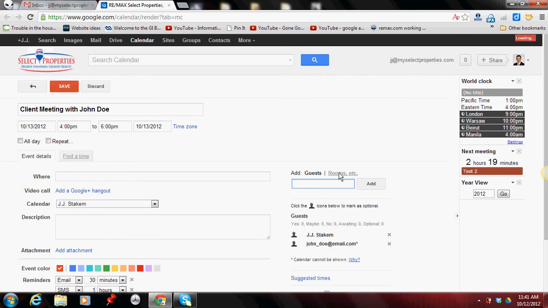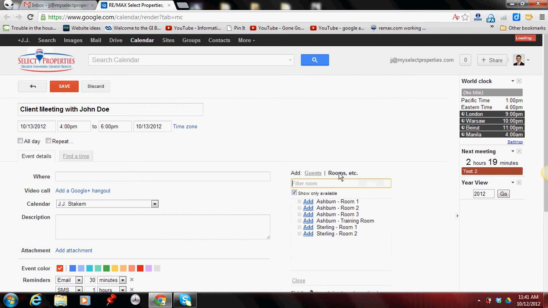Over here on the right, that's grayed out, you'll see something called Rooms. So I'll select Rooms. You'll see below that you have Ashburn Room 1, 2, and 3, which are our conference rooms in Ashburn, and then the training room, which is also available usually. In Sterling, we have Rooms 1 and 2. So I'm going to select Ashburn Room 1 for this example. So I just click on Add, and you'll notice over here on the left, the Where field gets filled in